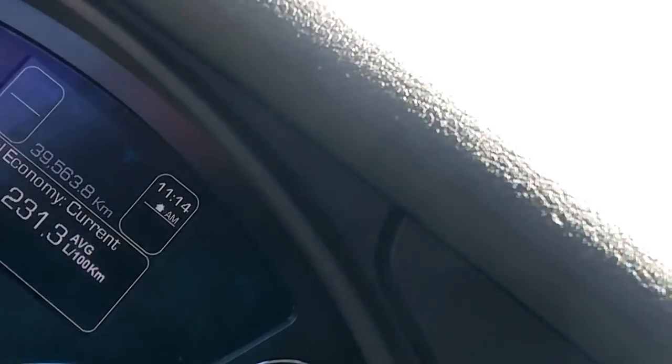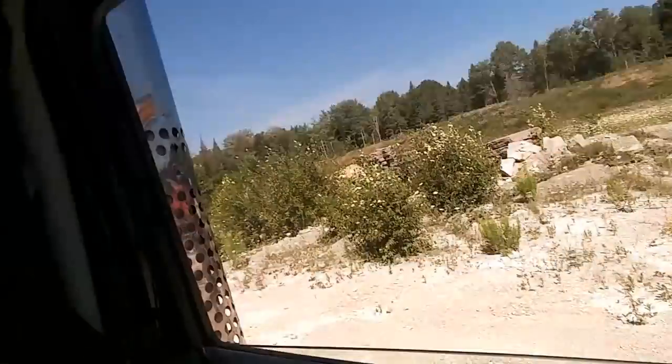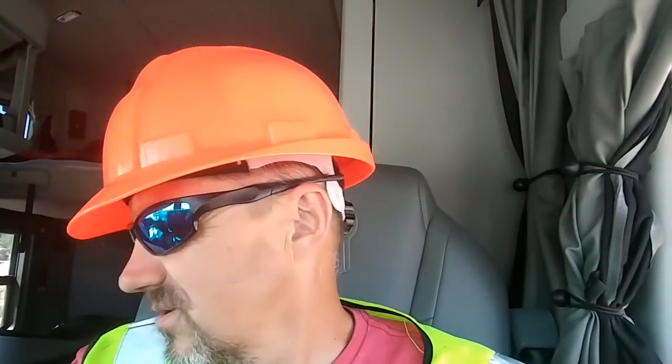Time now is, check this out, 11:13. And look at my fuel economy, 231 liters per 100 kilometers. That's nice. No, it's always like that when you're idling, because you're not moving and you're spending, let's say, 5 liters or 1.5 gallons at 0 miles, and the computer is panicking. What's happening? Where are the miles? Why is it not moving? So anyway, now finally they're going to attach the